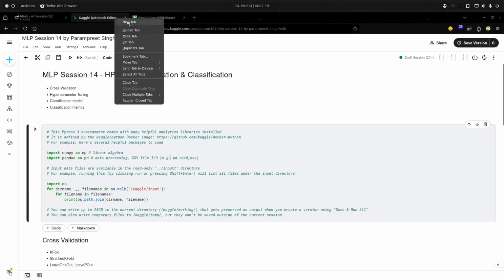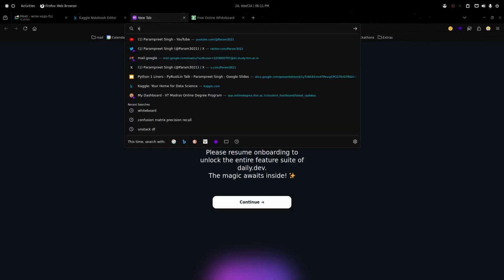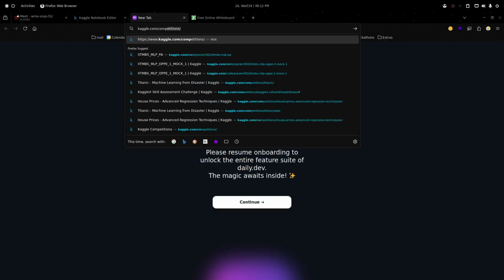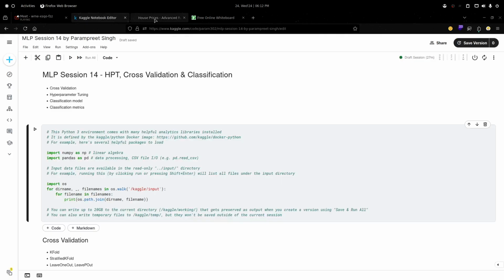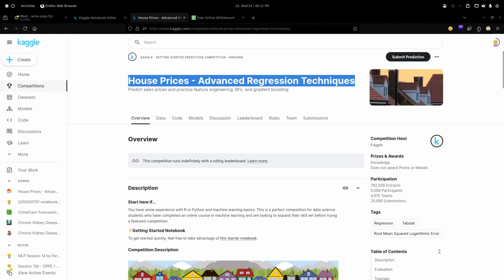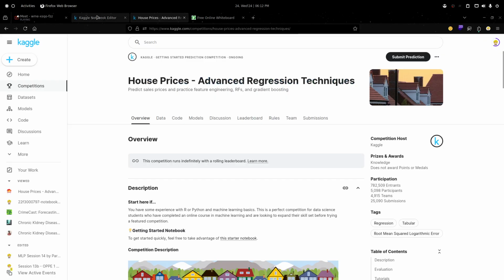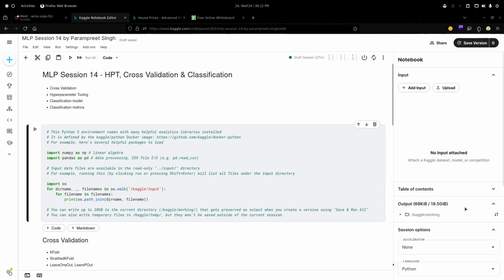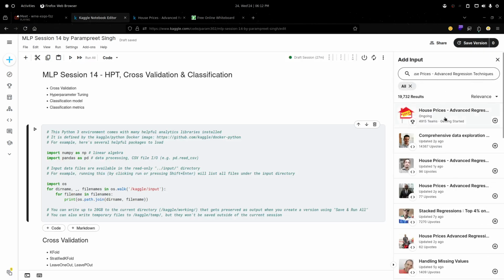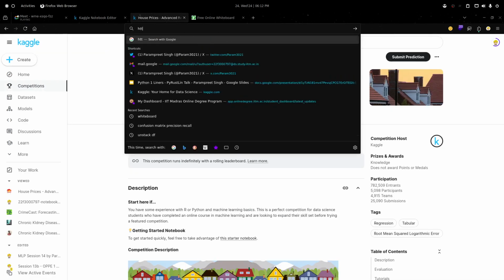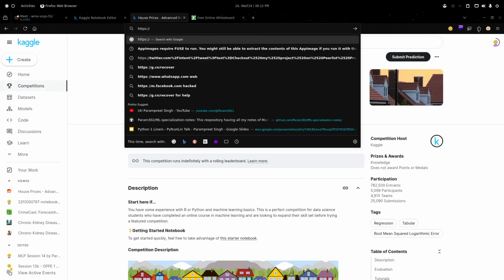Okay, let me add the datasets as well. So today, for cross validation and hyperparameter tuning, we will consider this house price dataset. Let me upload it. And regarding the classification stuff, we will also look into